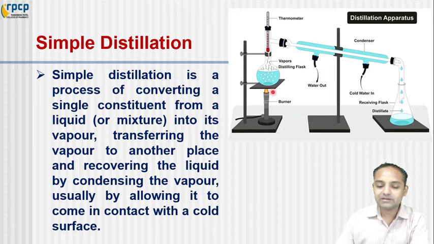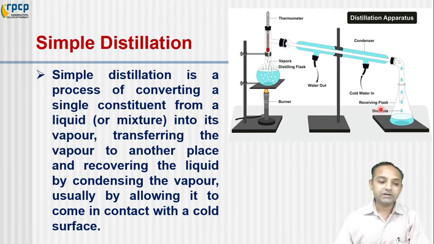Let us understand by the figure of the simple distillation assembly. Here the burner is there, and this is a round bottom flask where we fill the solvents. When we apply heat, the solvent molecules start to vaporize, and the vapor passes through the condenser. This is the cold water inlet and this is the outlet, so cold water is circulating. Whatever vapor passes through here is condensed and converted into its distilled form. This is the basic assembly of distillation.